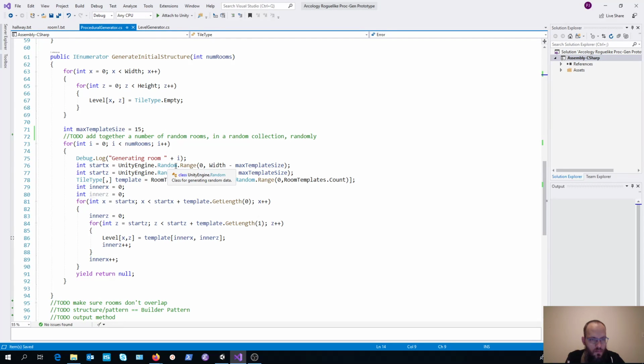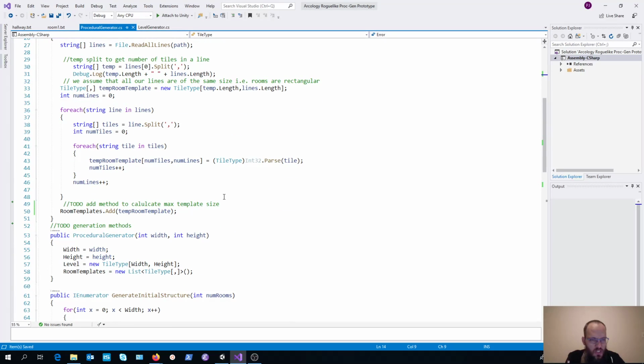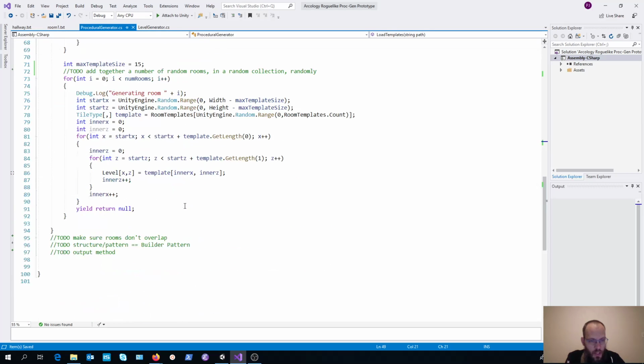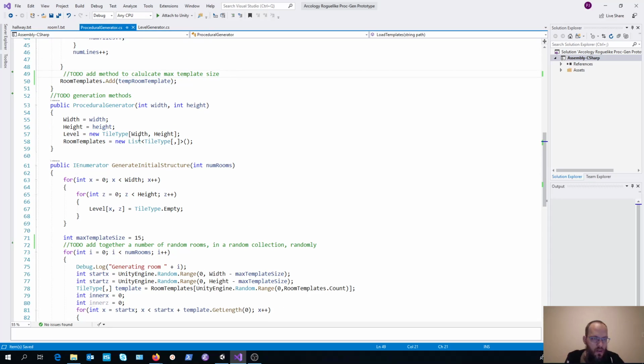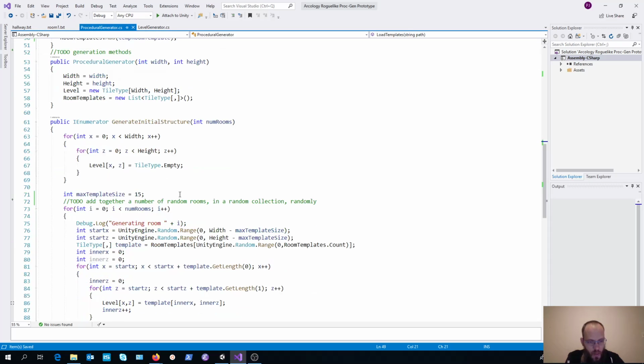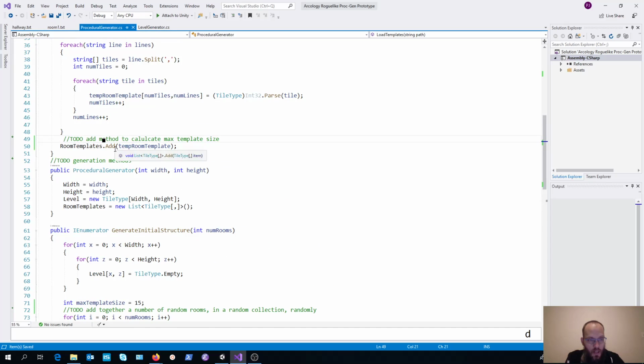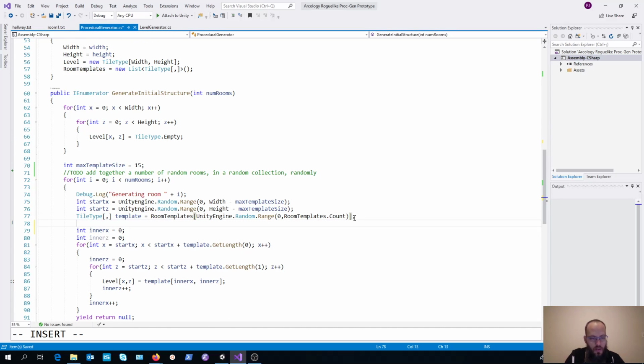Okay, so just think about fitting some stuff in. Let's think about this max template size. Each template will have a different max size. If we keep the max template size and we've got some very big templates, then we won't be able to fit all our templates in properly. So because we get the template each time we want to generate a new room, we get that randomly, I want to do that section of the code